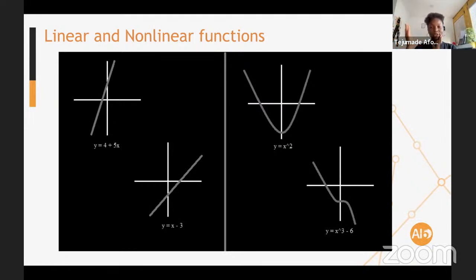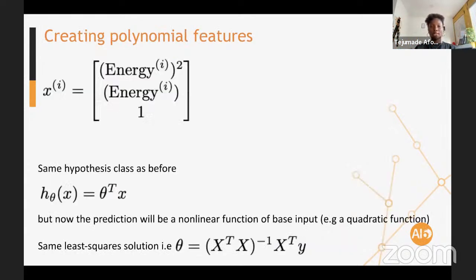Visually, this is what we mean by non-linear features. I hope that makes sense to you. For our problem, remember we have energy, which is our feature. We want to predict loudness. One way to do that is to create a polynomial feature.